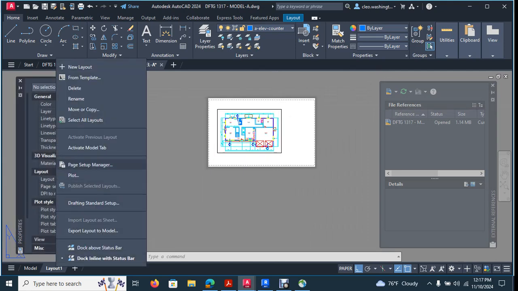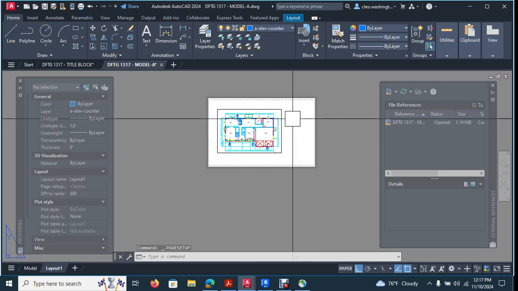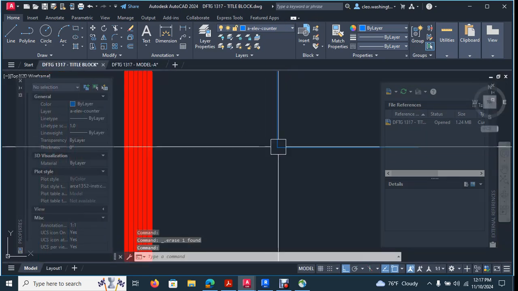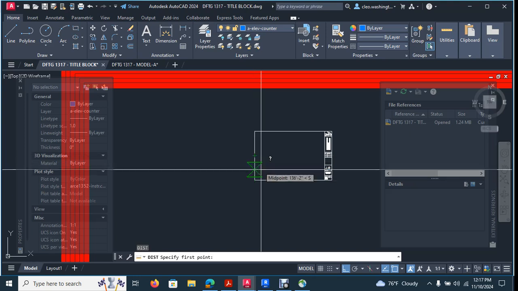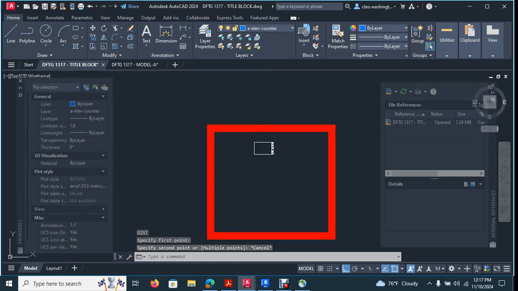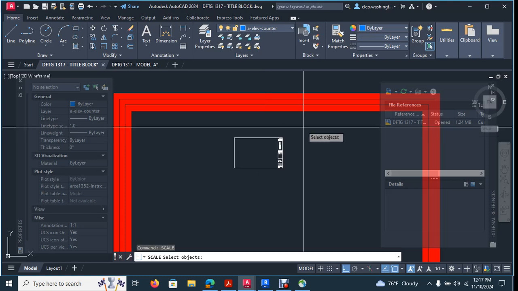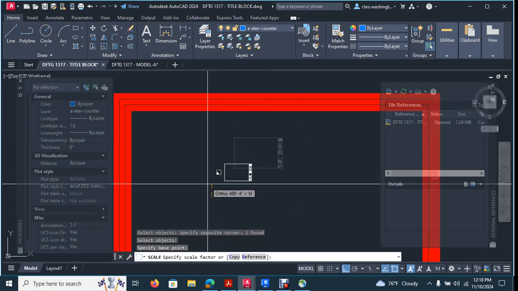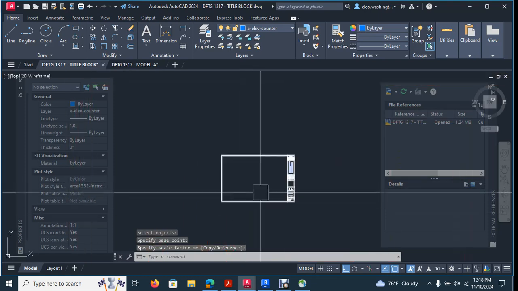As stated, this sheet file, when you go to Page Setup Manager, we already have it set up at 22 by 34, or 34 by 22 to say it correctly. Okay, so we need to make sure that our title block is fitting for that. Okay, so right now, if we bring it in, let's just do a DI. Okay, so it's huge, right? So if we bring it in, let's scale it down just a little bit because we scaled it up. I want to show you guys how to actually produce these values and then incorporate that drawing into the sheet. So what you're going to do is